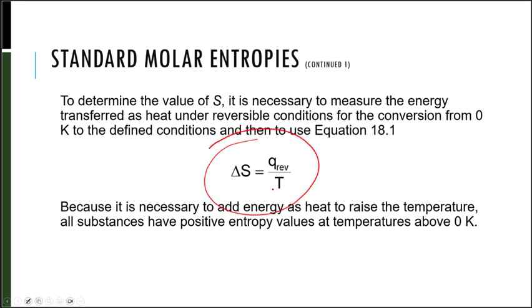Hence what gets us this equation. So to determine the value of entropy, it is necessary to measure the energy transferred as heat under reversible conditions for the conversion from 0 Kelvin to the defined conditions, and then use this equation to find entropy. Because it is necessary to add energy as heat to raise the temperature, all substances have positive entropy values at